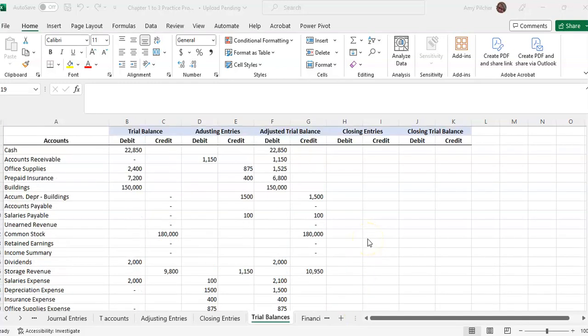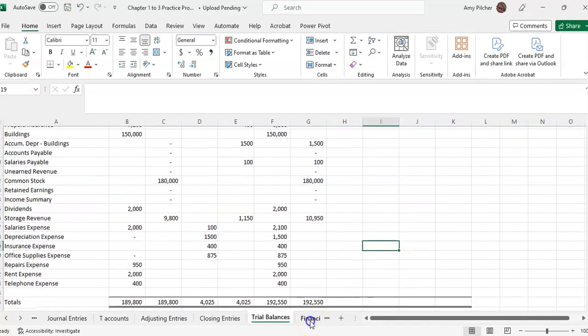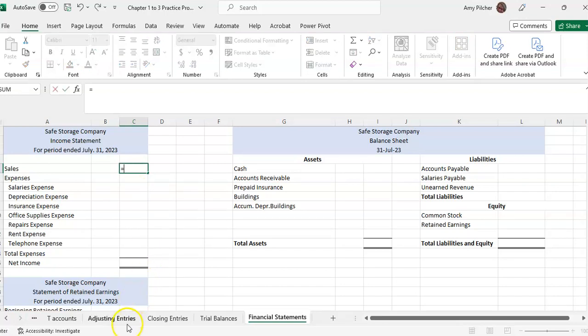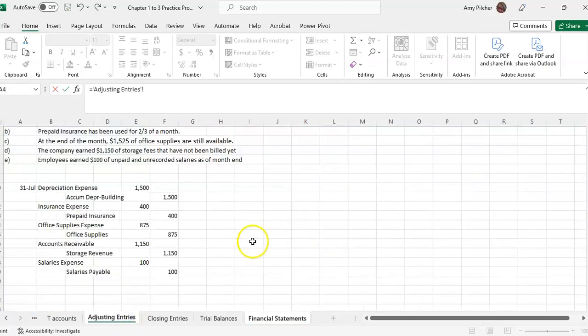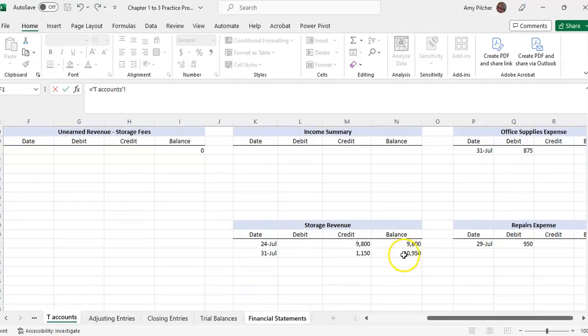Now that we have finished our adjusting entries and our adjusting trial balance, we can complete our financial statements, our closing entries, and our closing trial balance. So for our financial statements, we can start to build those, and we can take our information from that worksheet we've created. So our sales from the adjusting entries, or from the T accounts, we have total sales of